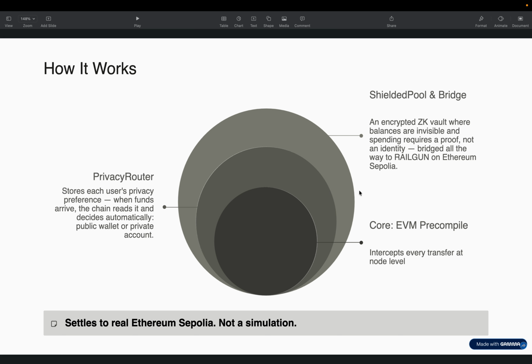We are also settling every transaction to Ethereum Sepolia. It's not just a simulation. For Ethereum Sepolia, we already have Railgun shielded pools, so we are directly submitting and settling all the transactions into that. For this L2, we have used Railgun ZK circuits as the reference to build this demo.